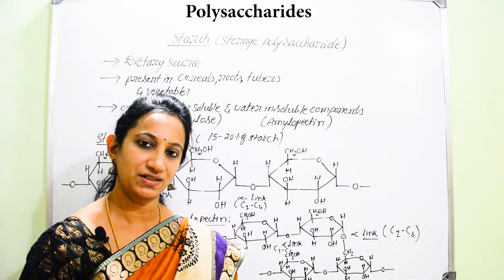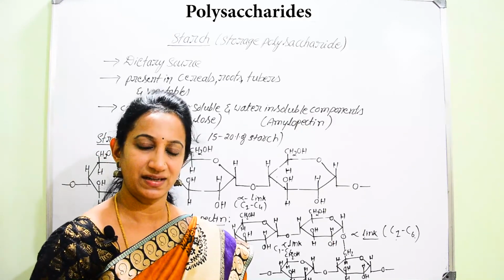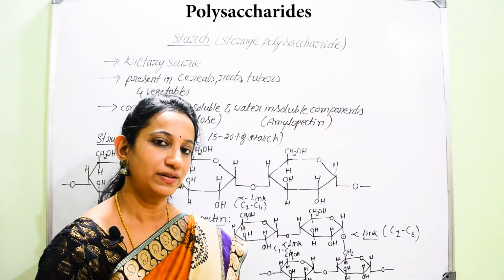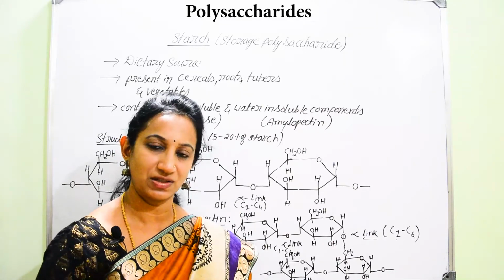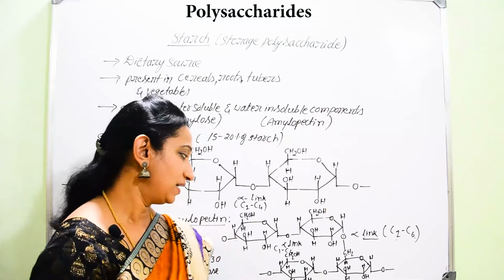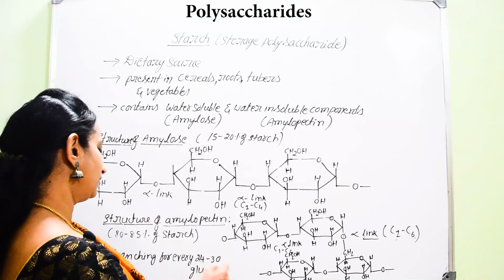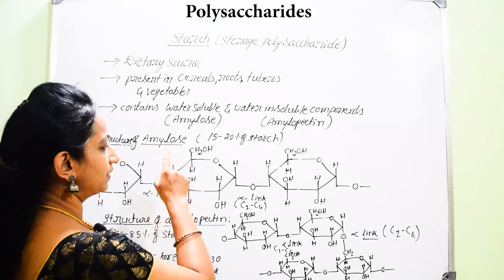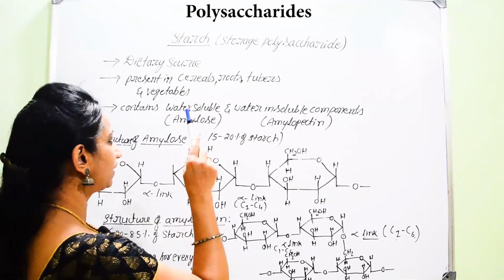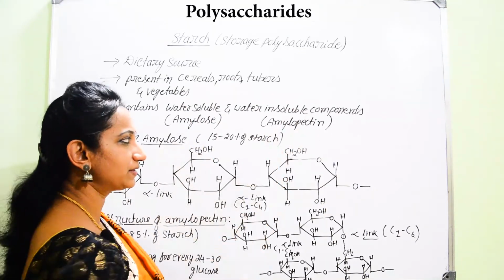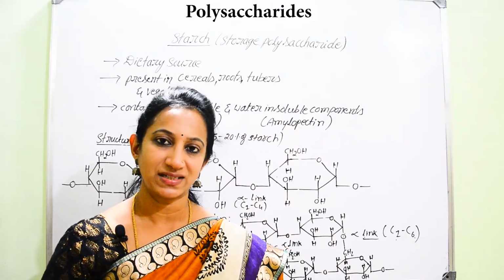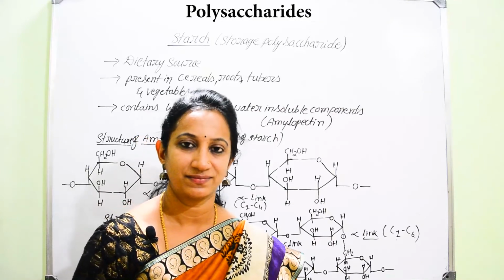So that means starch is one of the storage polysaccharides, which is very important even for human beings. We need this starch to survive, because it is acting as one of the important food sources. And of course, if you consider the structure of starch, it includes two types of components: the water soluble component amylose, and the water insoluble component amylopectin. So that is regarding the storage polysaccharide, starch.